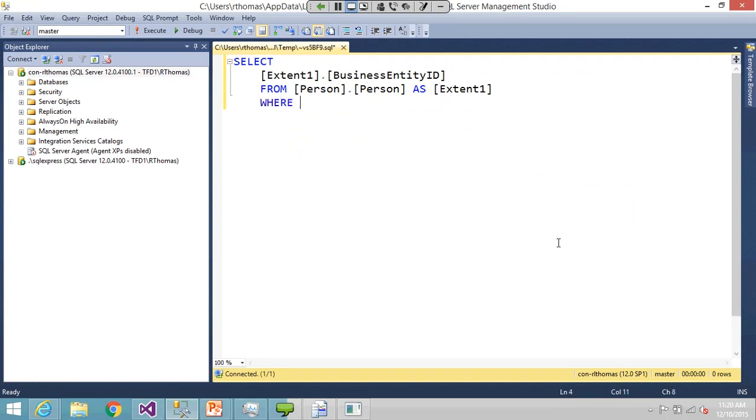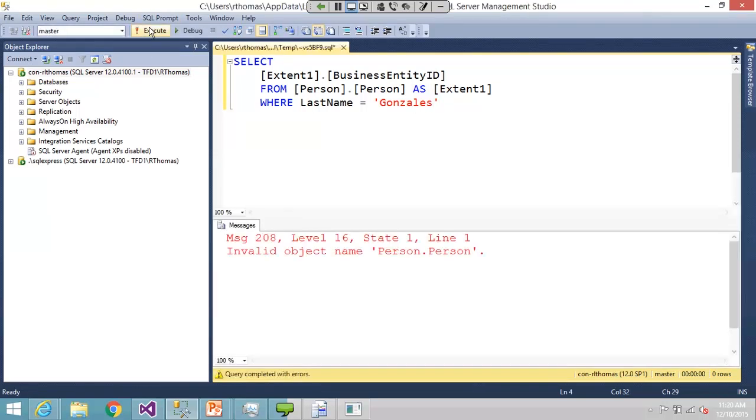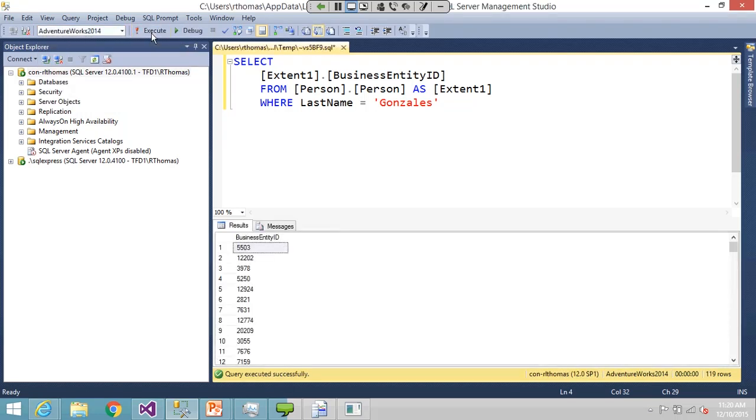Where last name equals Gonzalez. And, whoops, I'm in the wrong context here. Okay, that's my result. If I go over here and see the estimated execution plan,